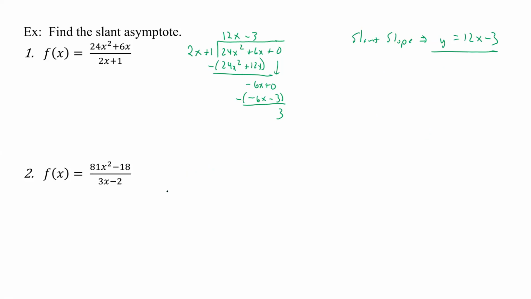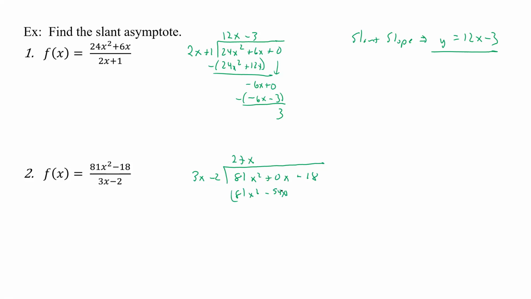What about the next one here? Same thing is going to happen. We're going to have to plug in an x in the middle this time. So we have 3x minus 2 into 81x squared plus 0x minus 18. 3 times what is going to give us 81? Well, that's going to give us 27, and it's going to be an x. So it's going to be 81x squared, and then it's going to be minus 54x,